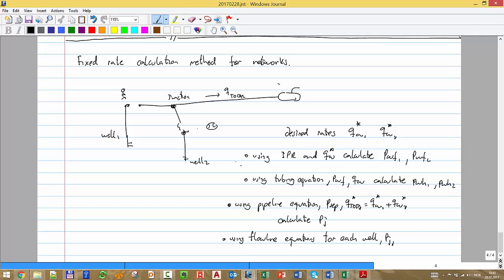P junction and Q well 1 and Q well 2, calculate, and we're going to call it P downstream of the choke 1 and P downstream of the choke 2. DC is downstream of the choke. And now what do I have to verify if I can produce my rate or not? Okay, I have to verify. The last step is to verify